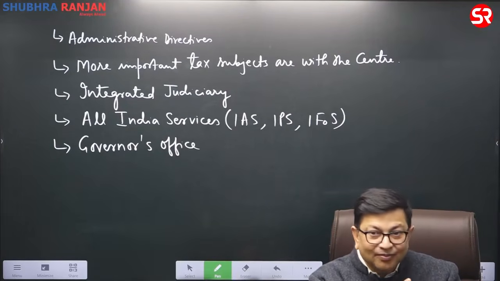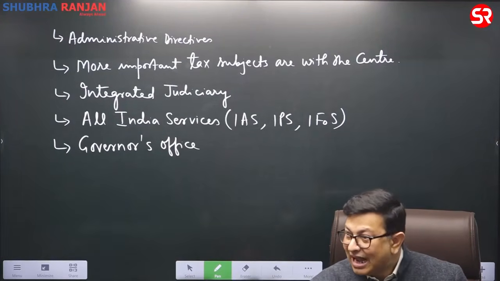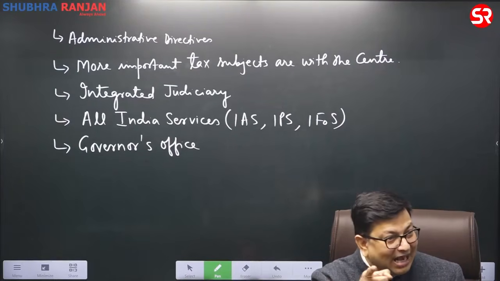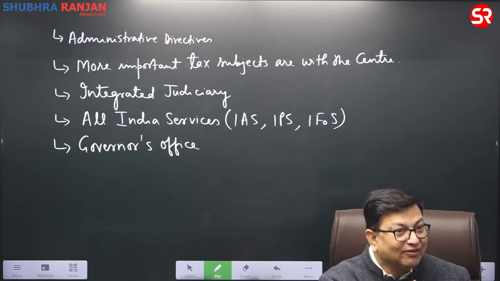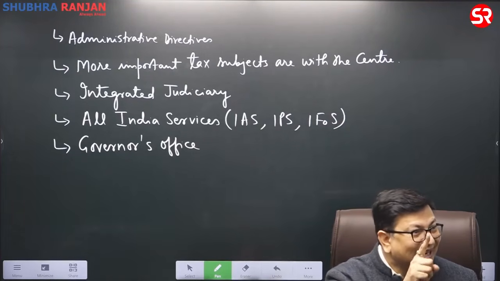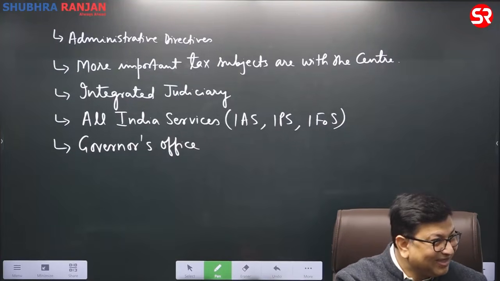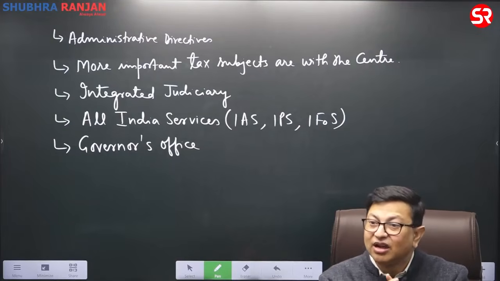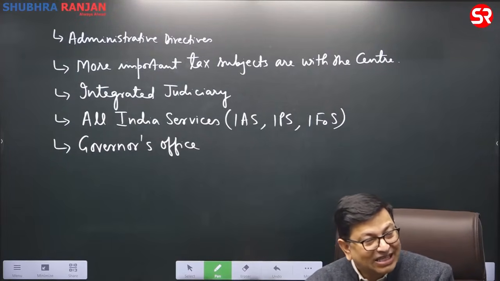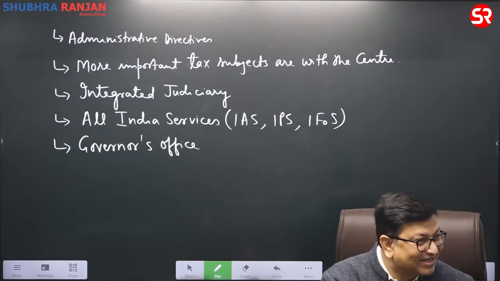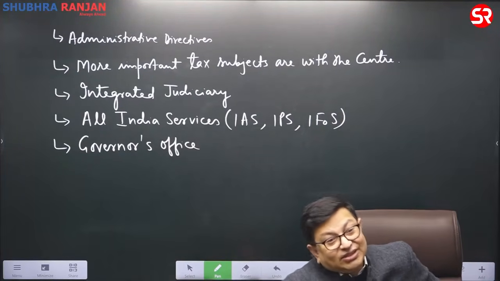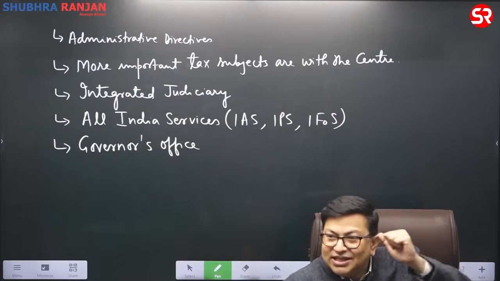The governor will claim legitimacy as he will be the sole person who will be elected directly, and the council of ministers will also claim legitimacy, because in a parliamentary form of government, the head of the government is the real head. So a conflict between the governor, who is directly elected, and the council of ministers, as per the convention of the parliamentary system, will not be fruitful for the administration of the state. So this view was rejected.